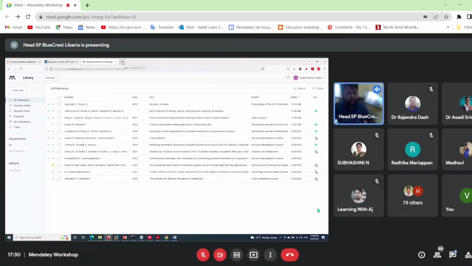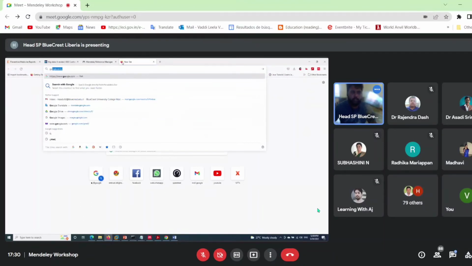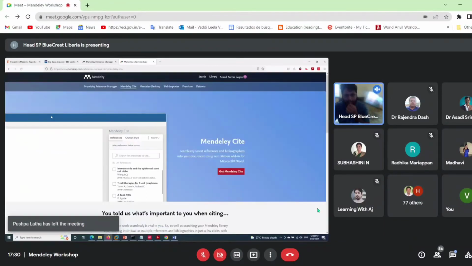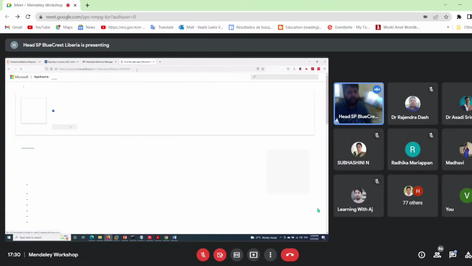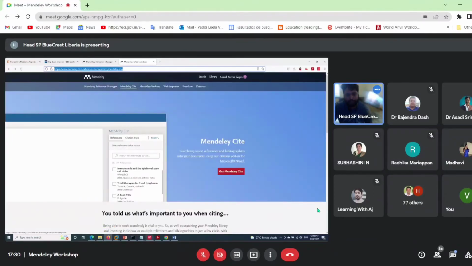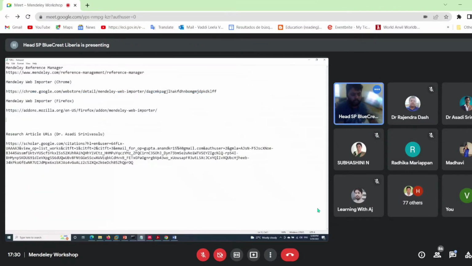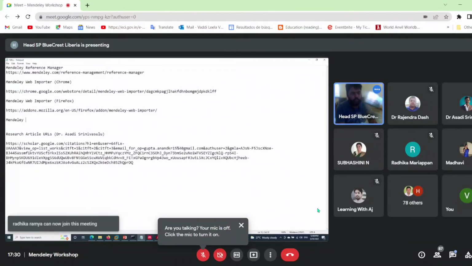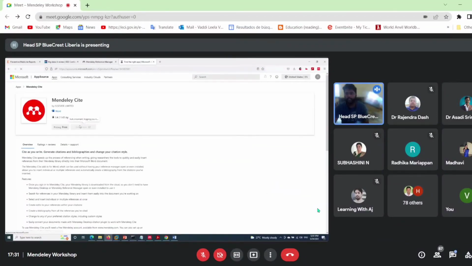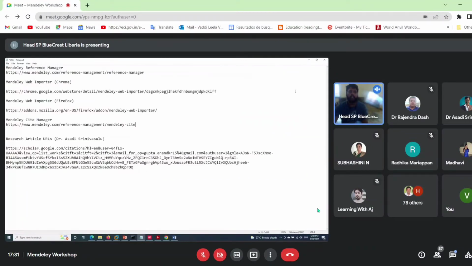Okay, so in the very beginning, when we were downloading, I'll just show you. So the Mendeley cite manager is required, this one. So while clicking on this, it will take you to the Microsoft online store or app store, and from there we have to add this one into our computer. Okay, so once we have this cite manager in our computer, like Get It Now, if I click here, we'll get it. Then in Microsoft Word, under the References tab,